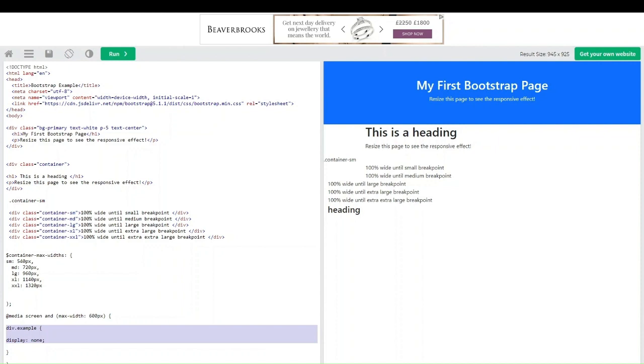So you can use media queries to change the font size. You can use it to hide elements as well. That's a really common use of using it. And a really common use of media queries is to create a flexible layout. So for example,